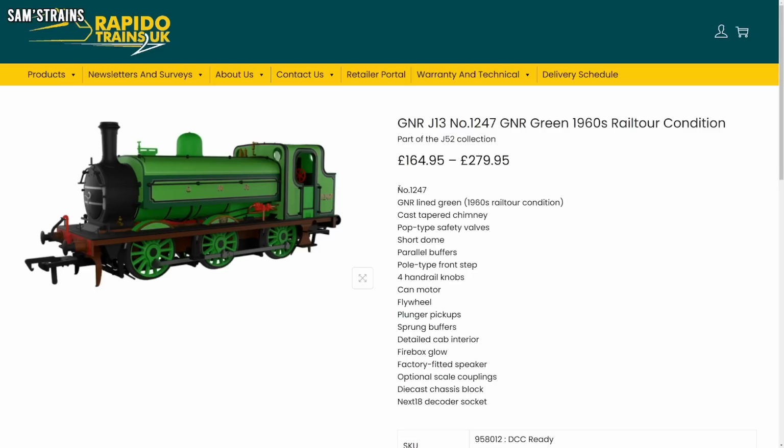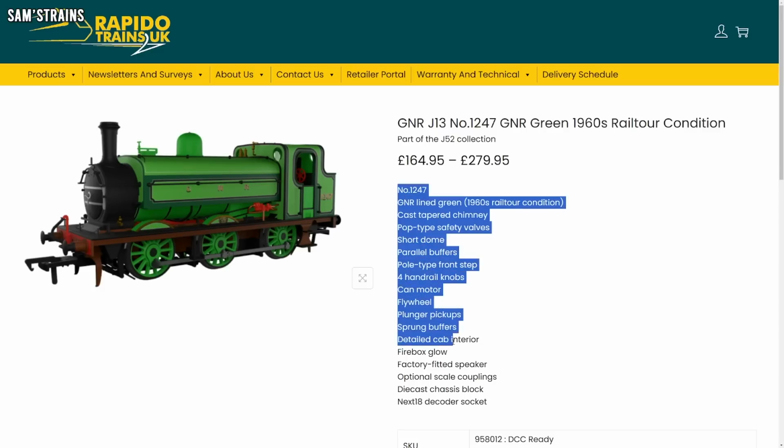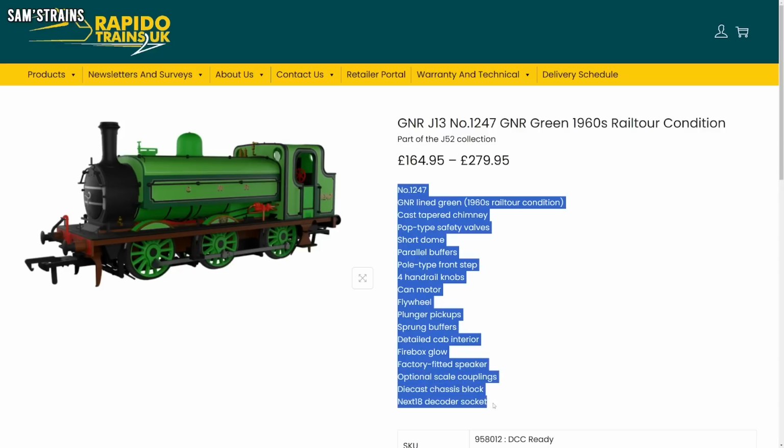In terms of the specification, the models will be fully detailed with separate parts. They're going to have a detailed cab interior, sprung buffers, factory fitted speakers, firebox glow yet again, a die-cast chassis, another can motor with flywheels and all-wheel plunger pickup. The RRP is